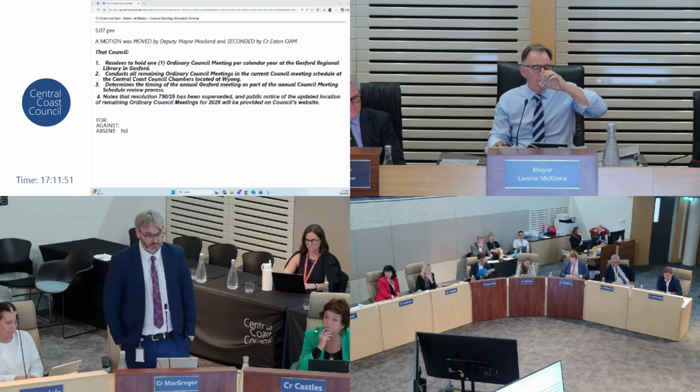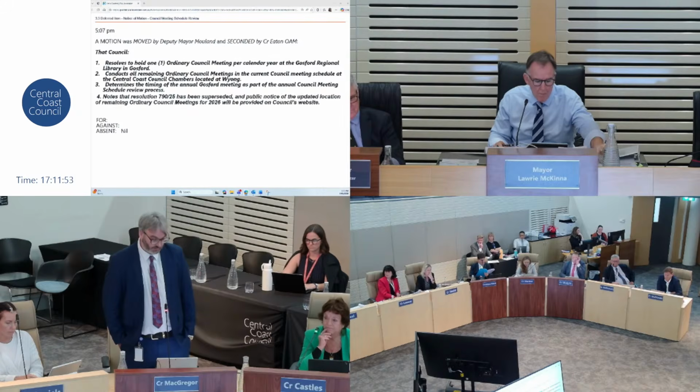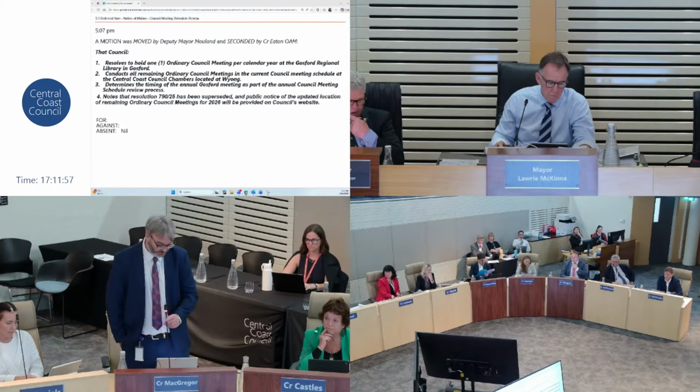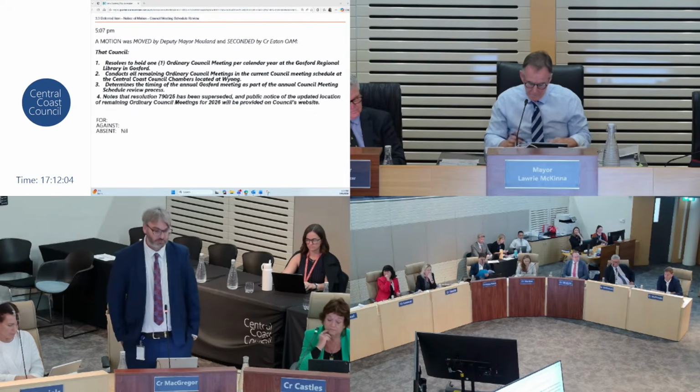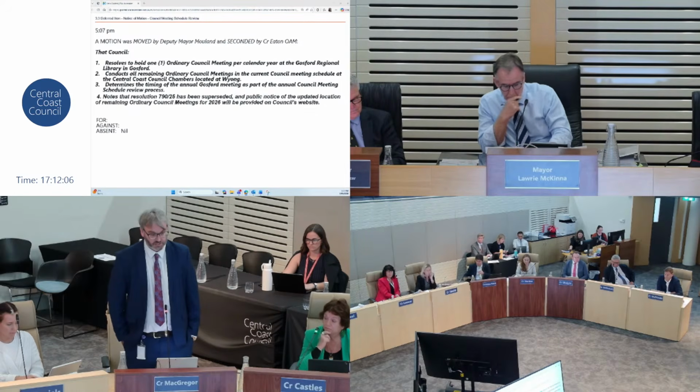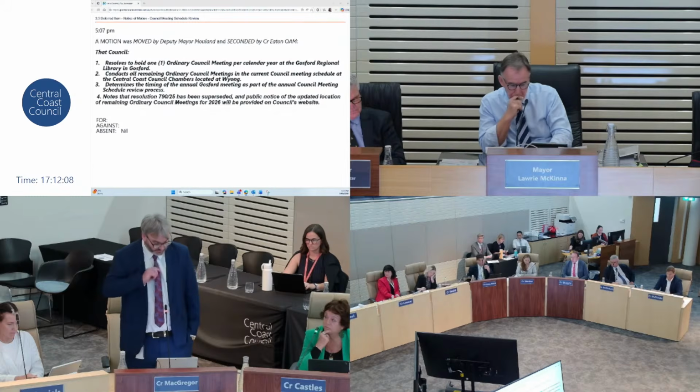This chamber has its issues too. It's not like this is a perfect place. I get that it's more familiar for some who've spent a bit of time here in the past. But part of the reason for having the Gosford building, or the lie around having the building with the configuration, was that you'd be able to have your council meetings there.